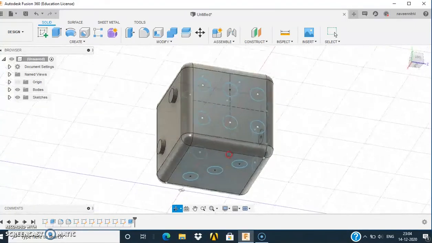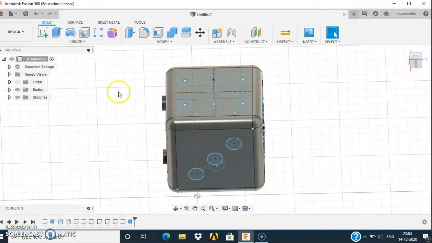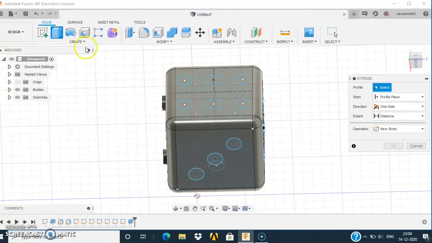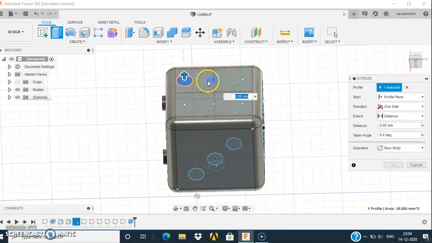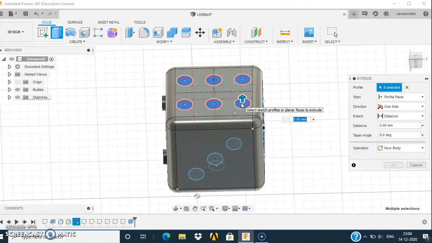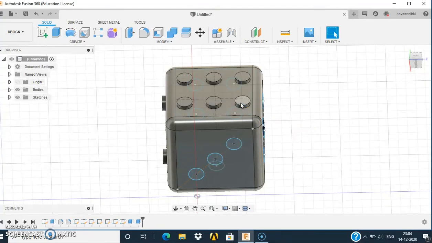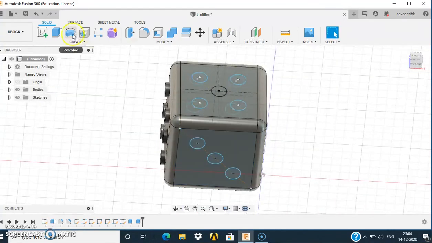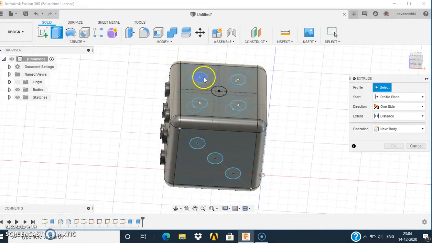Now I rotate this cube, and again I select the extrude command. Here I again select the profiles to be extruded. First one, second one, third one, fourth, fifth, and sixth. Extrude up to 2 mm. Now again I select extrude.